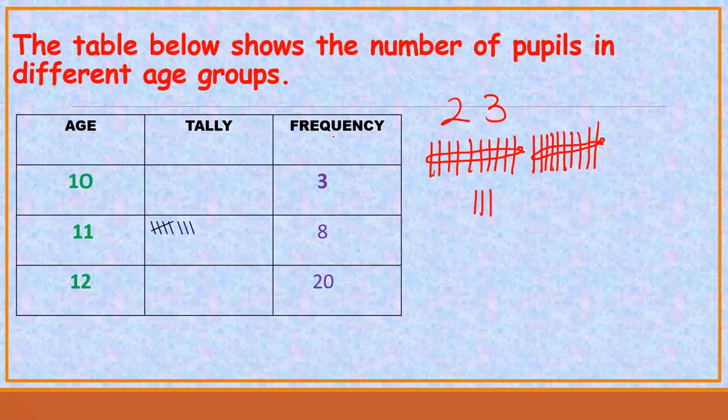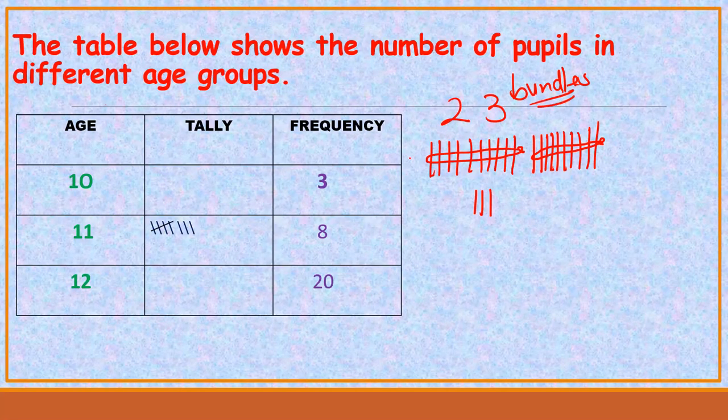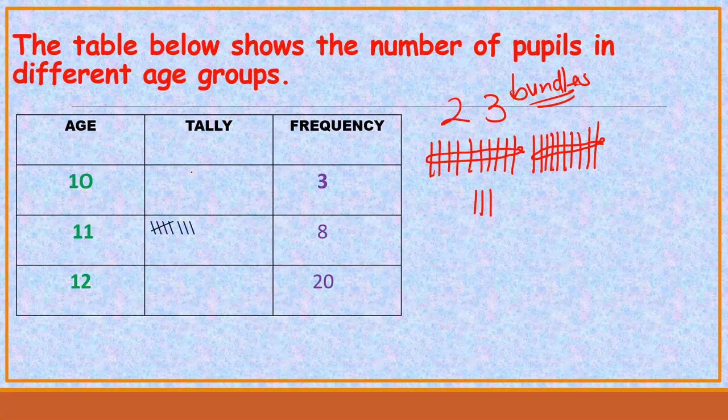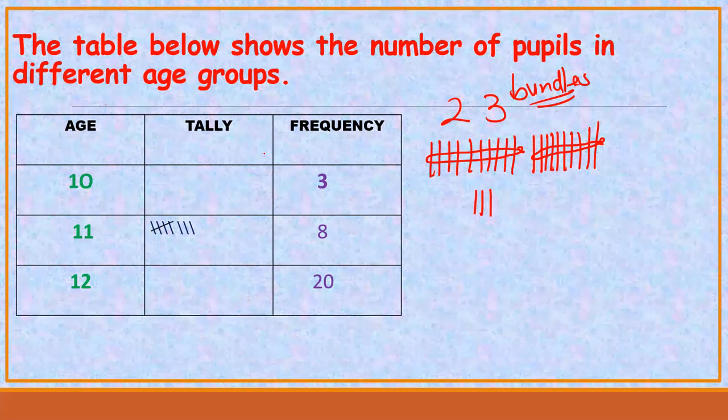Is that okay? Remember, I've just said that these ones are bundles. In bundles, we count in tens, just like you saw in P2. But under tallies, we group items in small groups of 5. Are we together? And the fifth stick, we always use it to tie that group of 5. So we are not going to use these bundles of tens. What we are concentrating on is the tallies. So you can meet such a question in an examination, even in PLE.